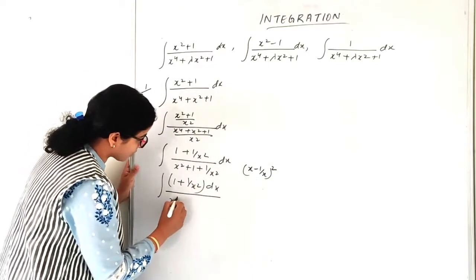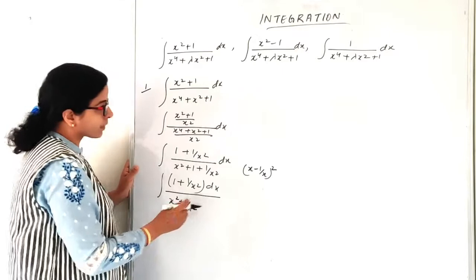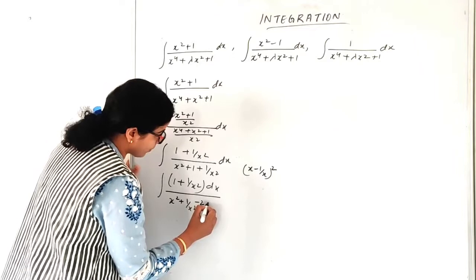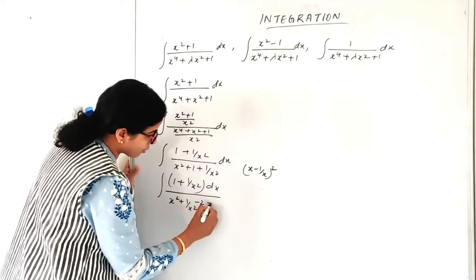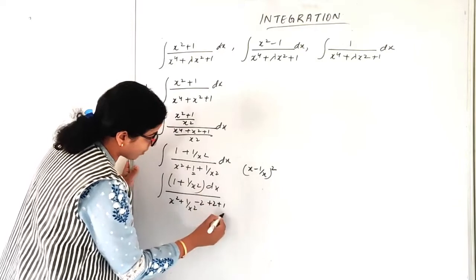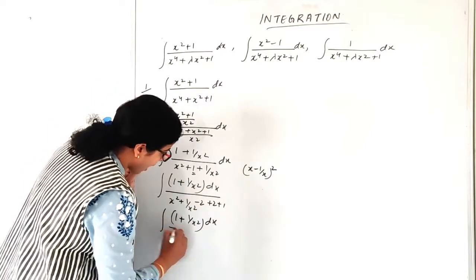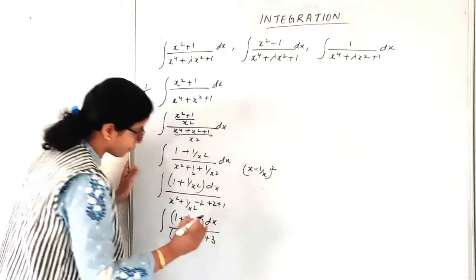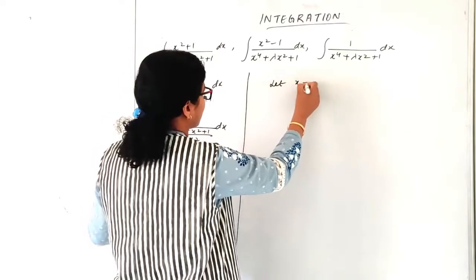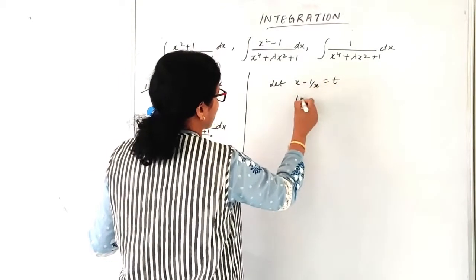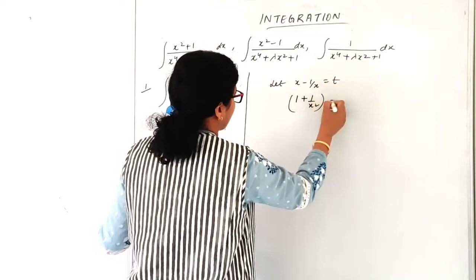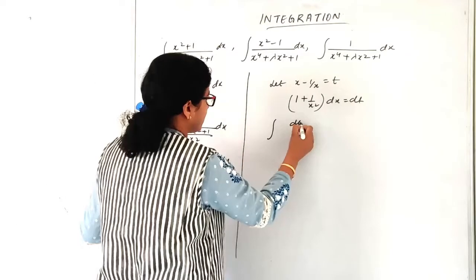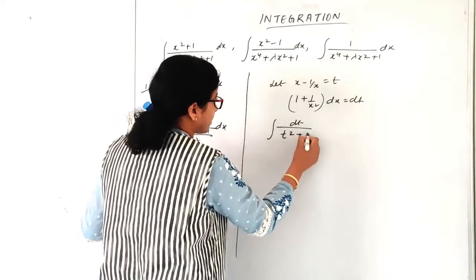Okay. So look here. So x square plus 1 by x square I have. To make this whole square, what do I need? More I need is minus 2. So if I am subtracting 2, so plus 2, plus 1. Plus 1, this I have copied as it is. So now this will become (x minus 1 by x) whole square plus 3. Now, let x minus 1 by x as t. So (1 plus 1 by x square) dx equals dt, right? So this can be written as dt upon t square plus 3.